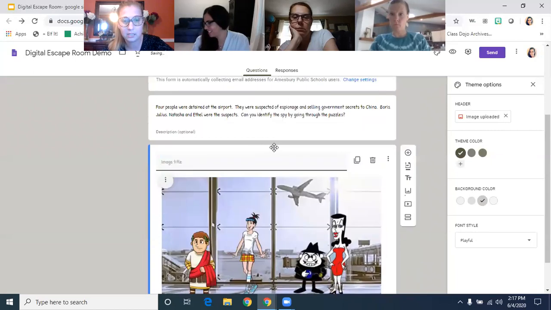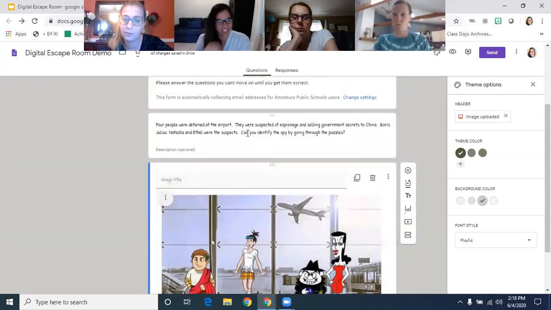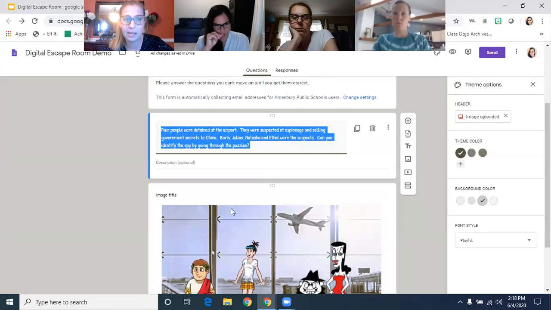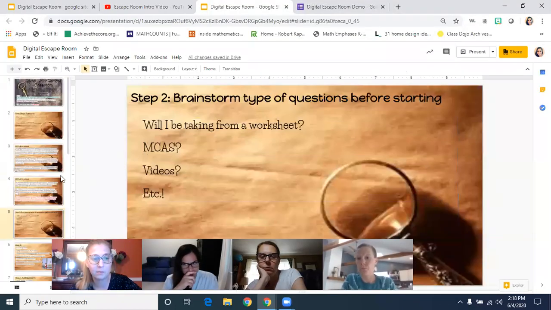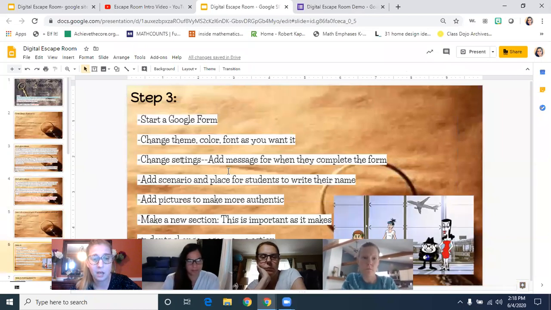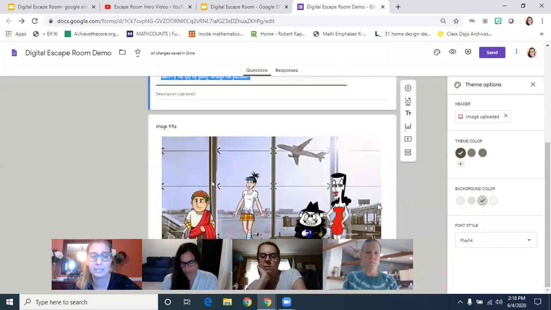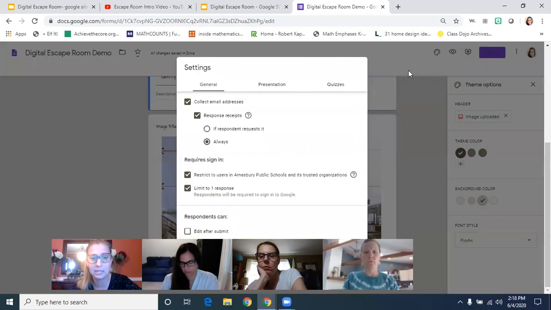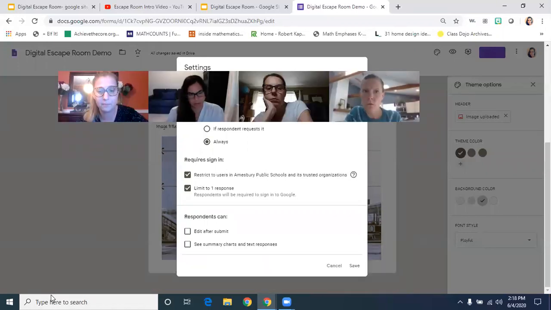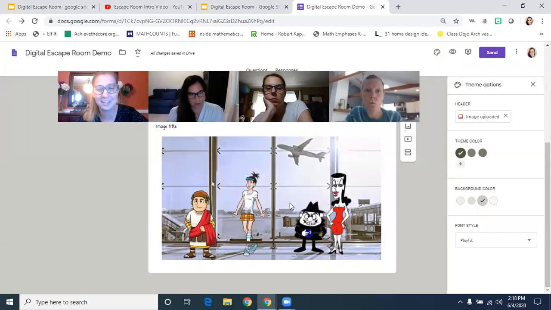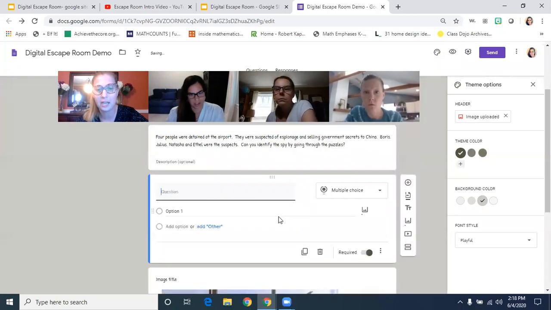So you can see in Google Forms, you can move things however you want. So I have my scenario, I have my picture, and then what's the other next step I want to show, and add more. Okay, so from here, I usually, and as you saw in the settings, I am collecting email addresses, which means if I'm collecting email addresses, I should know who's using the form, but I still get nervous, and I usually then also add a question here of type your